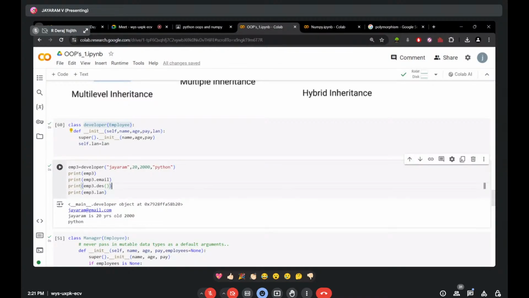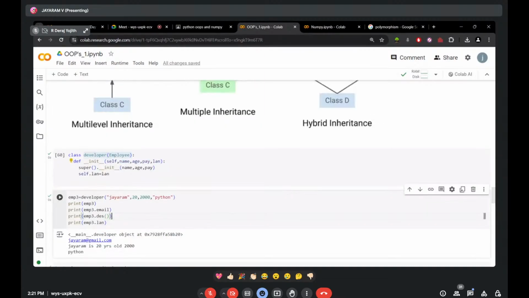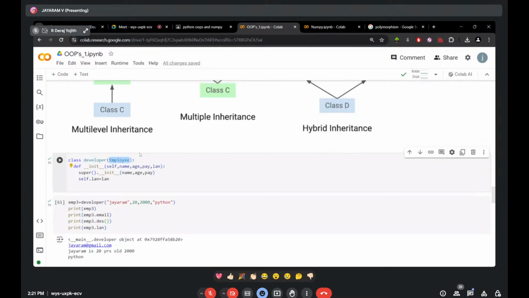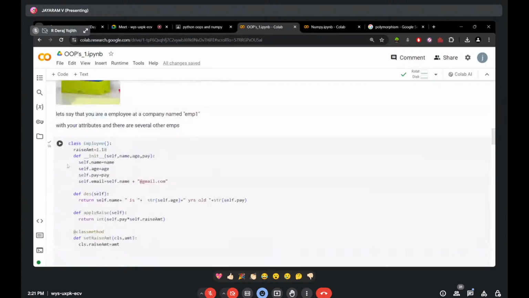So let's come back to the dot email and dot description part. As you have seen here, we have inherited from the employee class, right? So in the employee class there is this self.email is equal to self.name plus @gmail.com, and we have also implemented a method here called description, where it returns the description of the employee that is working in. So in this we are able to return self.name plus is plus string of self.age plus years old plus string